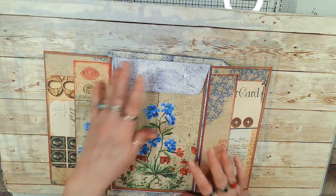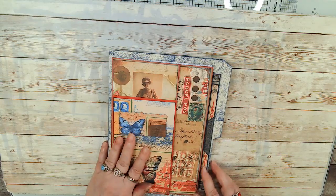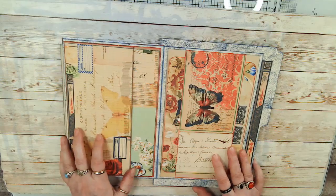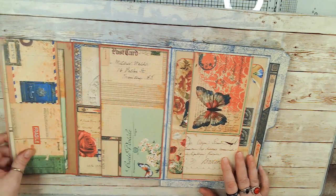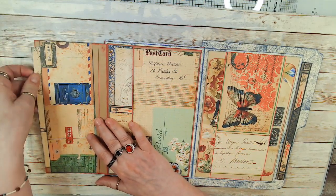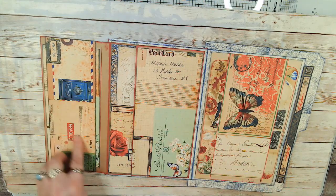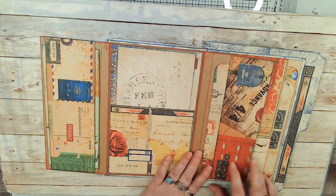So that flips down. And this opens, that closes, and then that closes, and then it's part of our topper. This opens. Then you've got this cool image, and this opens here with a card and a belly band, a big wide belly band with your mailboxes and your envelopes, your airmail envelope. And then this side opens here